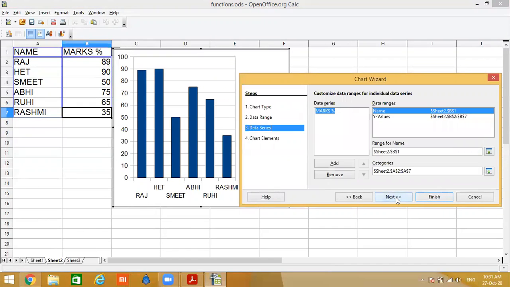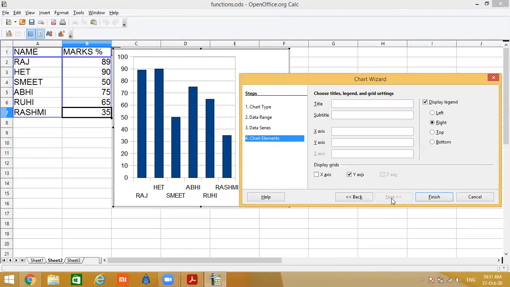You just follow this wizard. There is already a chart wizard, you must follow it. Data series. What is your data? The data which we selected. You want to update this name, you want to update this area, data series, you want to give them marks. By default, it's taken properly. Next, click on the Next button.